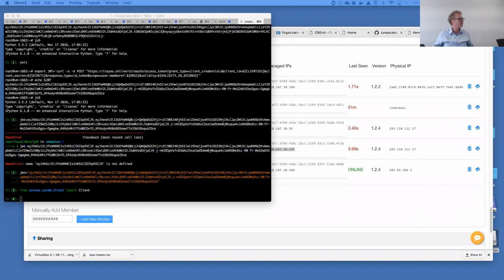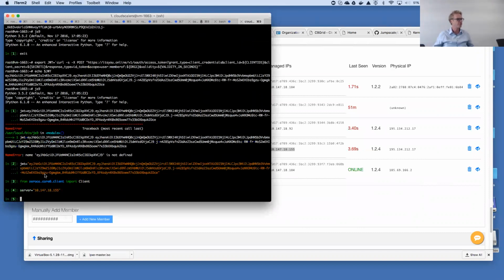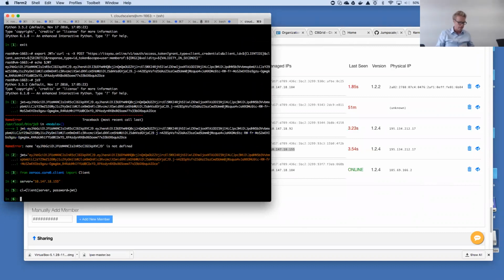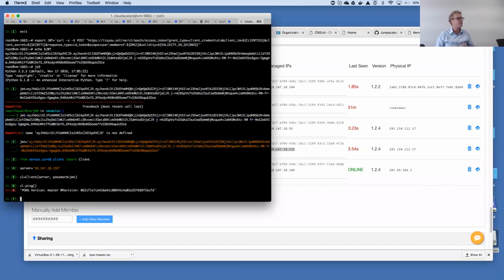Then I set the server address. That's the IP address of the host. The first thing you can always do is connect to it. That's quite straightforward, like this. Copy. Now, of course, JWT, like this, right? All right. And then we check it. That's a simple test. Ping it, and we get the pong back.